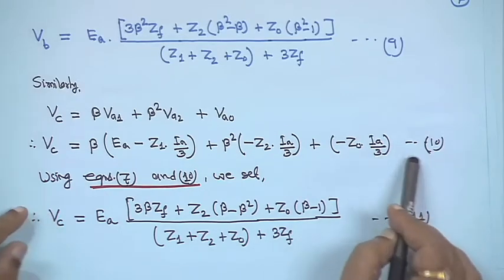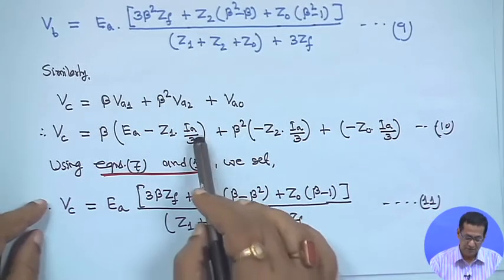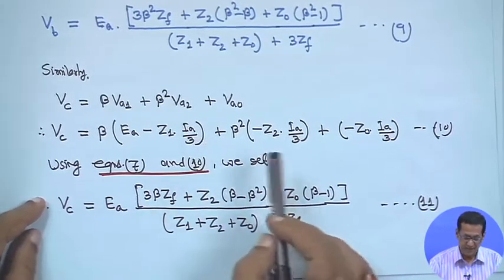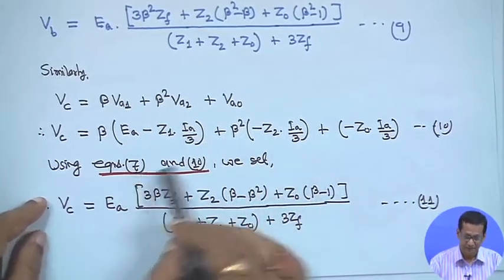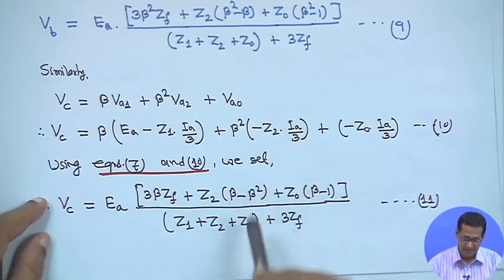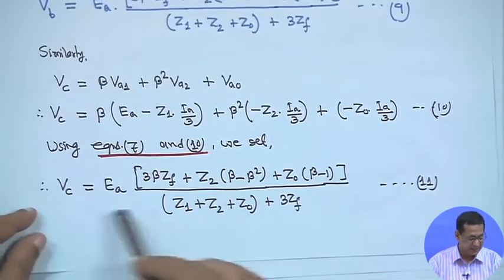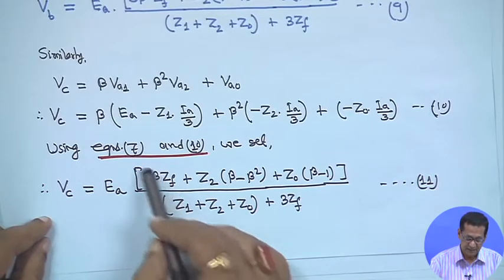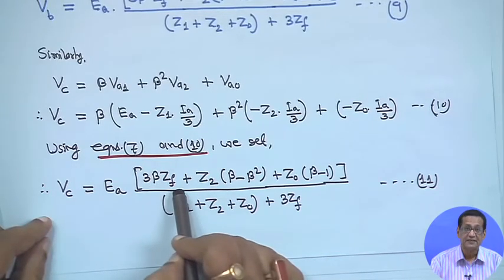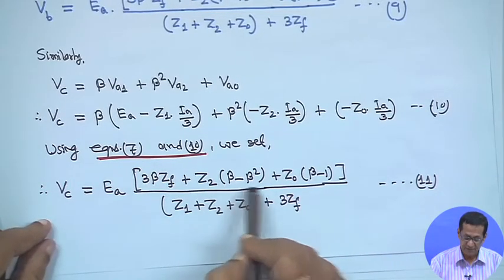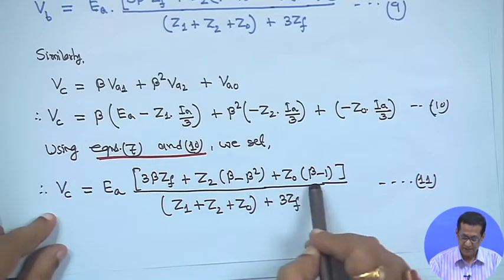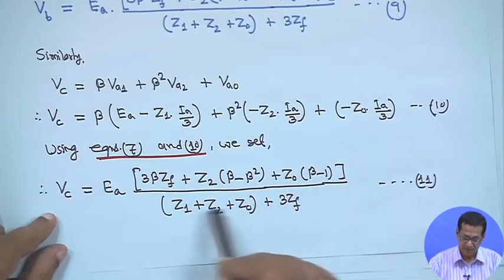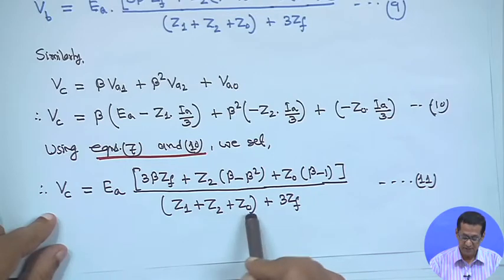So, equation 10, here also you substitute the expression of IA from your equation 7. If you substitute expression of IA and simplify, then you will get VC is equal to EA into 3 beta ZF plus Z2 into beta minus beta square plus Z0 beta minus 1,